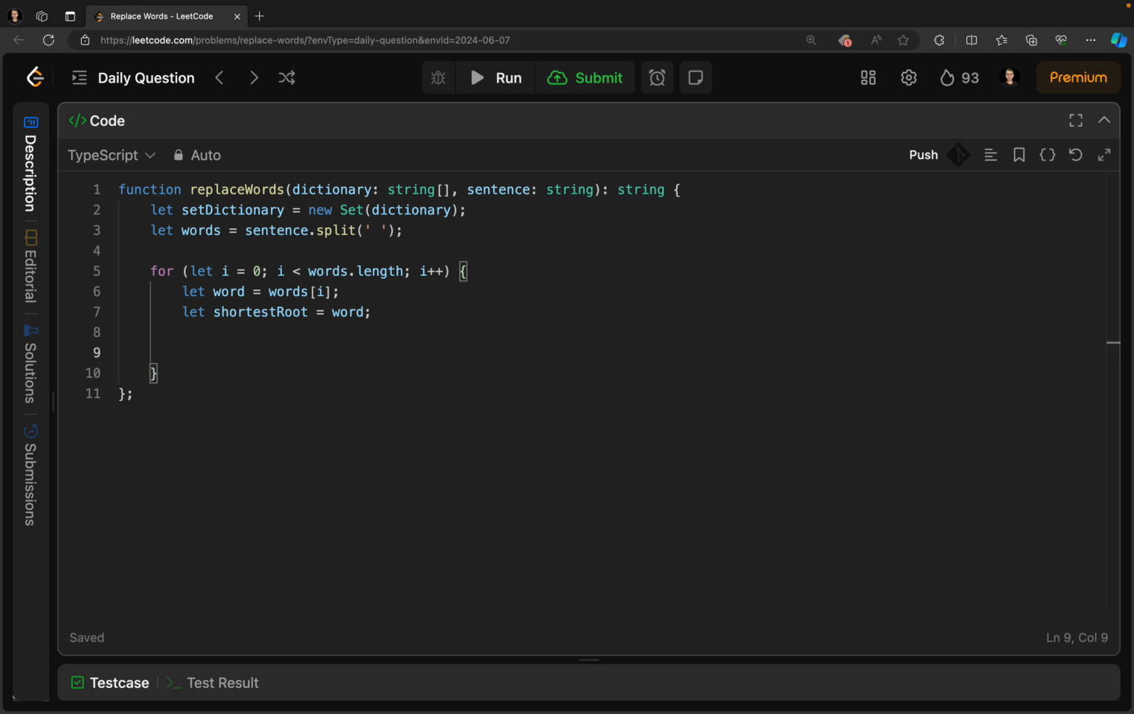After it, we will use a new loop to check each substring of the word starting from the first character. If the substring exists in the dictionary and is shorter than the current shortest root, we update the shortest root. So for let j equal 1, j will be less than or equal to word length, j increasing by 1 each time the loop runs, let root equal word